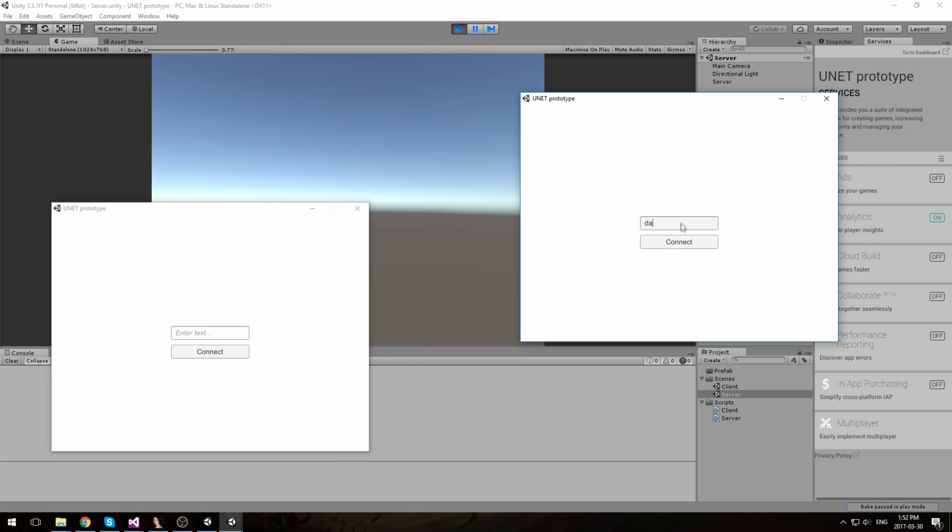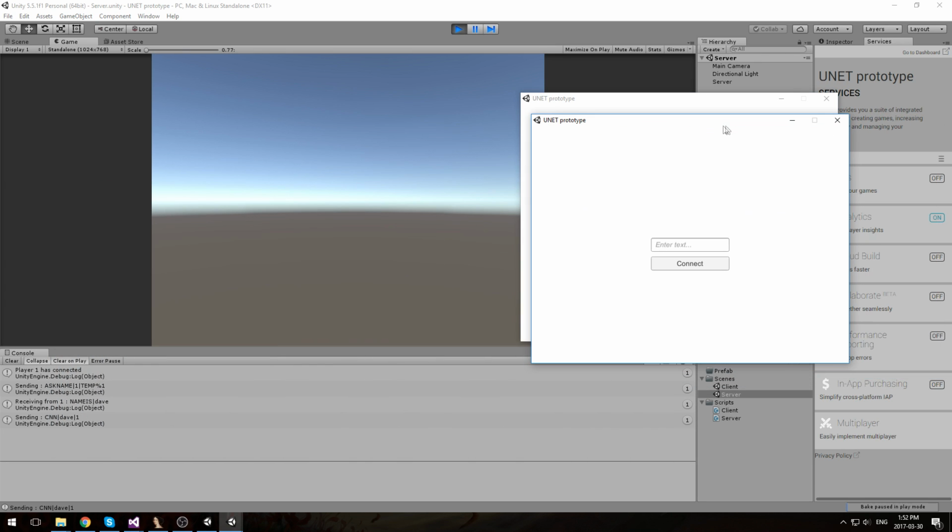This one is going to be called Dave, and let's see what happens. So player 1 has connected. We send him ask name with his number, that's 1. His name is temporary for now, and then we receive my name is Dave. Then we're sending that back to everybody. So we're sending a message to everybody saying that new connection has arrived, it's Dave, and his connection ID is